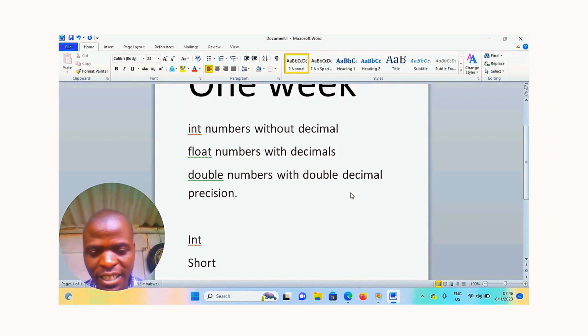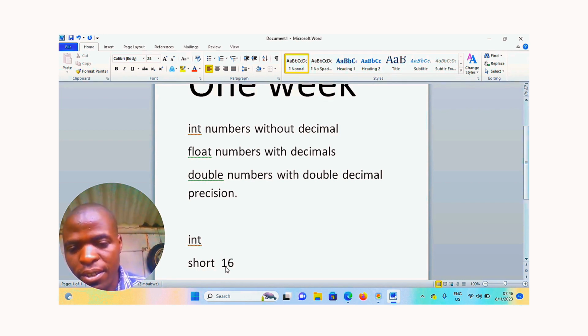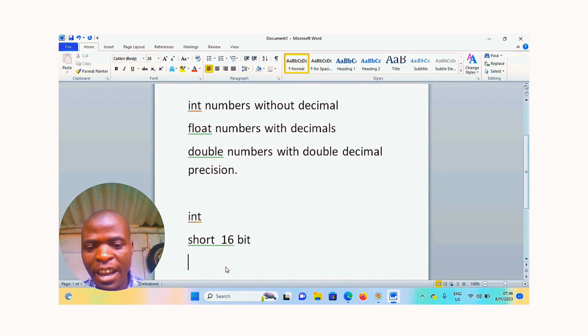Short int is a small number without decimal precision, about 16 bits long. Then we have int, and these numbers are 32 bits long.